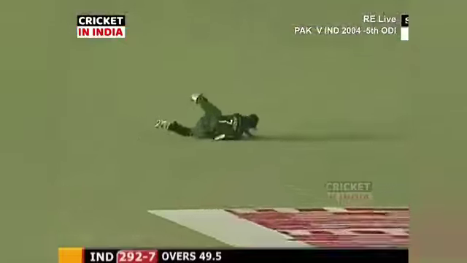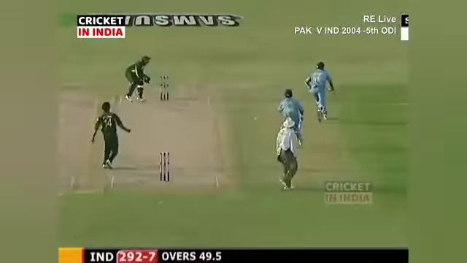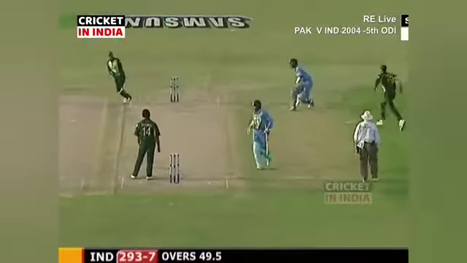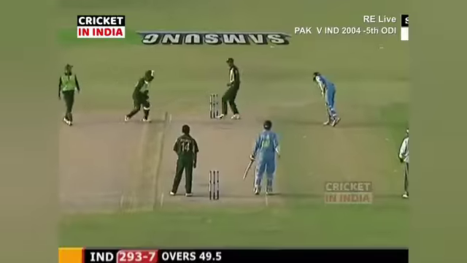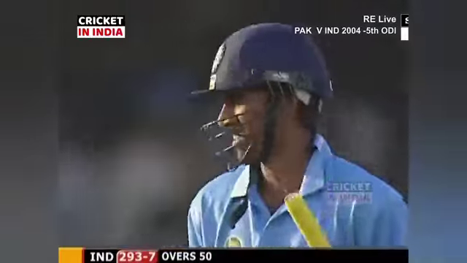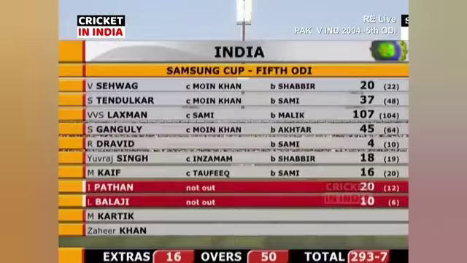Well, it's close to being another no ball. They were thinking about going for a second. So the innings has finally ended with India at 293. India the other night here in Lahore, and India got them with a few overs to spare. Pakistan, the pleasing thing, kept it to 16 extras, and the standout innings.